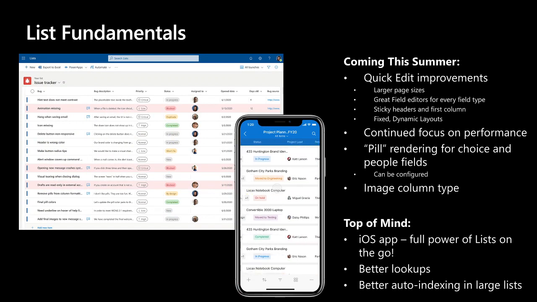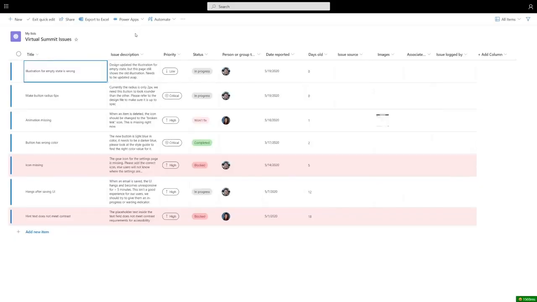We're also really committed to building an industry-leading list editing experience on mobile as well. You can see a preview on this slide. This is going to be coming down the line later this year, and as fast and fluid as you saw me editing a list on a desktop, it's going to be just as fast and fluid on your mobile device as well. Okay. Now that I have all of my data inside of my list,